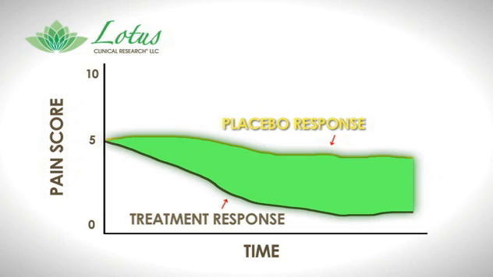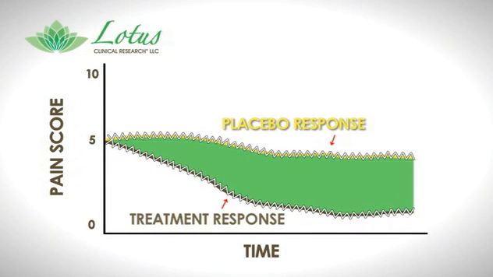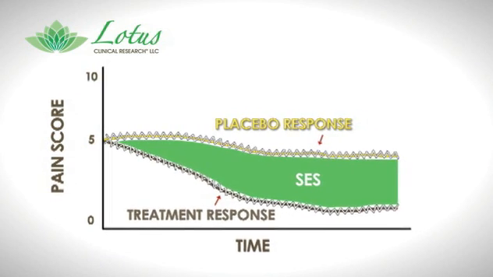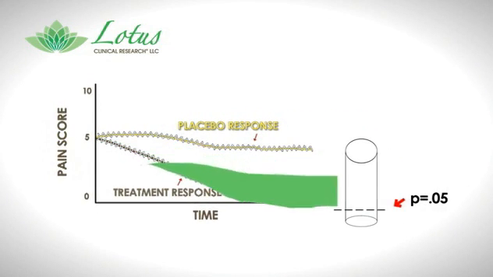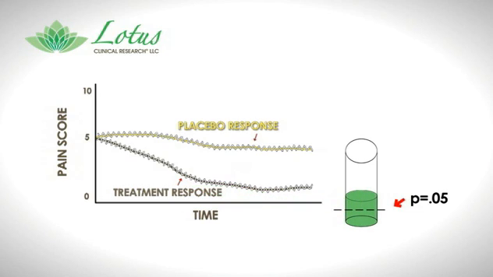Each arm has some variability, and the resultant green area graphically represents the SES. We want to maximize the SES in order to make the probability of a positive investigation as great as possible. Many analgesic studies are negative even though the investigational product has efficacy because the SES is artificially lowered by experimental